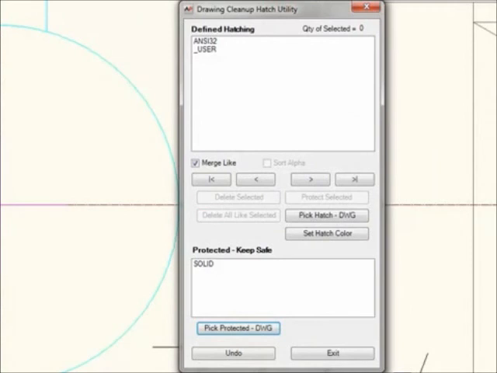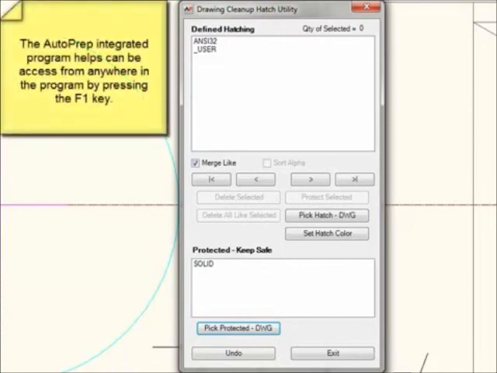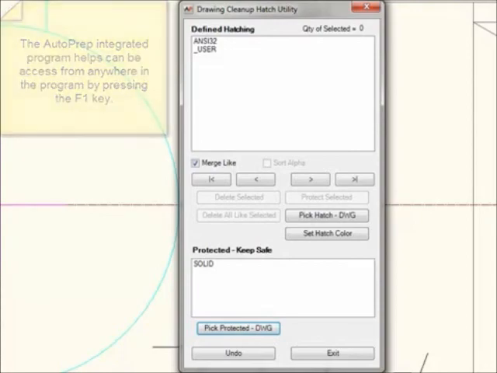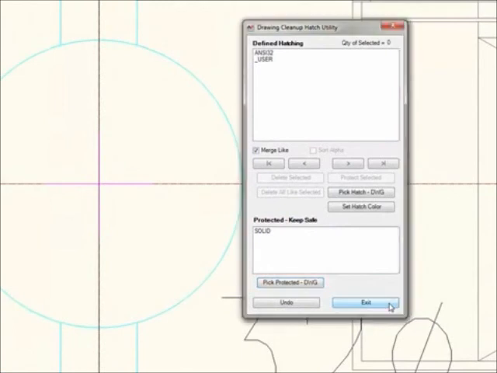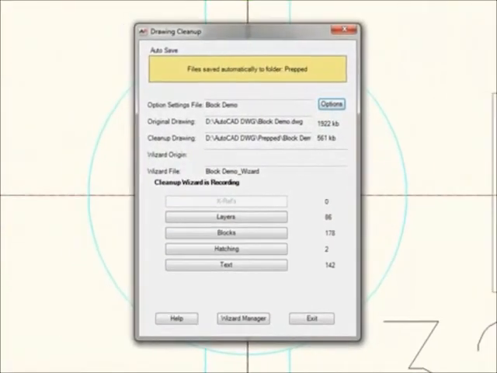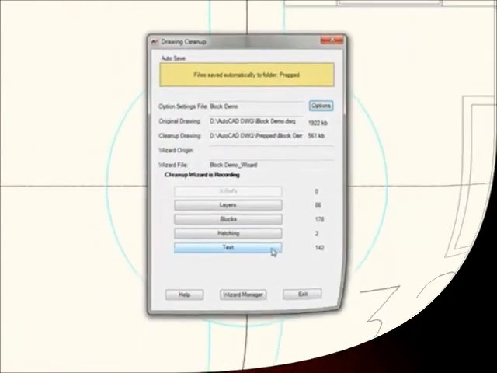Protected hatch patterns and layers can also be managed and saved using the options settings as was described earlier, and can also be found as part of the integrated program helps. Again, click the Exit button to return to the main drawing cleanup screen. From the main drawing cleanup screen, select the Text button to access the Text MText Cleanup utility. The Text MText utility